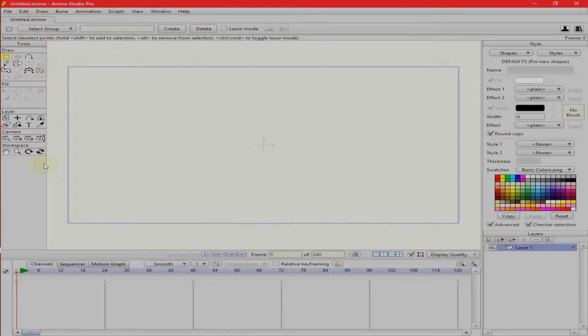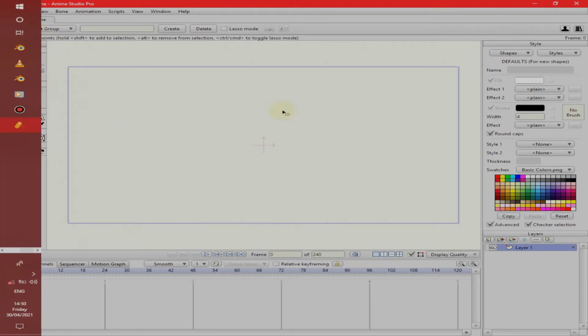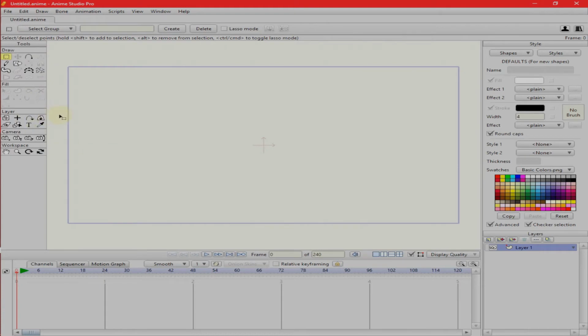In this tutorial, we won't be covering much of the tools. We're just going to be covering tools that we're going to use. The most of the tools that we're going to use are the tools for the workspace, tools for the layer, and maybe tools for the bones, which will show up later when we add a character. Let me just quickly explain the tools for the workspace. We're going to be using these workspace tools, which is pan